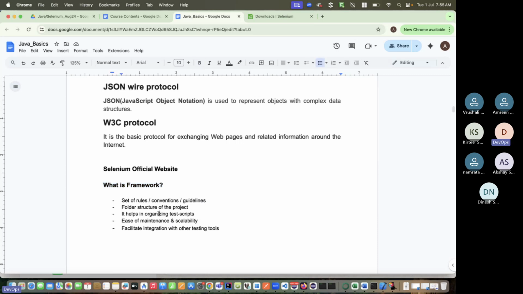So basically, frameworks help us in these things. It helps us in organizing our test scripts. It eases the maintenance task. It facilitates integration with other testing tools. So what framework is? We can simply call it a set of rules or guidelines that we only decide whenever we start building it. Or we can also say it is a folder structure of our project in which we will write all our Selenium code. I will write all my Java code,